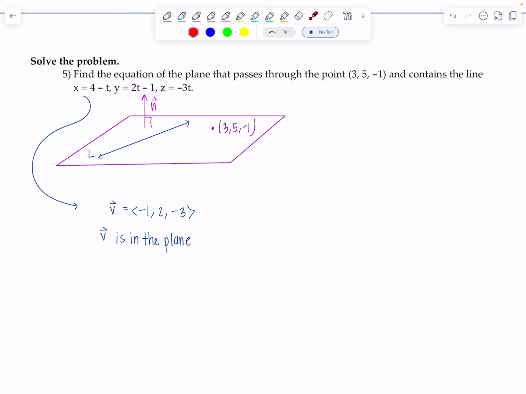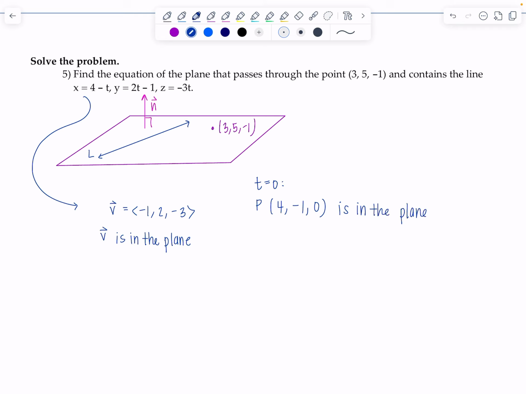I have this point in the plane. Oh, I wish I had one more point in the plane. I'm just going to come to the line and plug in whatever I want for t, and I will have another point in the plane. Perfect. Okay, so I like to plug in nice numbers. Let me plug in t equals 0. You don't need to, but plug in t equals 1 if you want. Then you get (4, -1, 0). This point is in the plane,